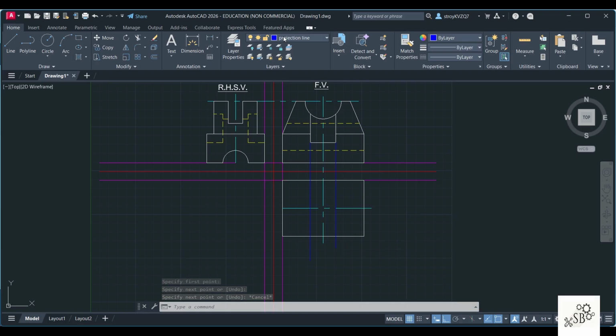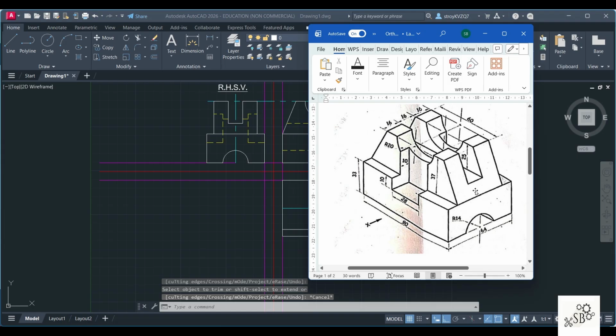I will draw a line now from here. This distance is 8. Then you can just draw a straight line here. Again line from here. This distance is 18. Join and join to here. Now whichever lines you don't require, you can just trim it off. So you don't need this line here.